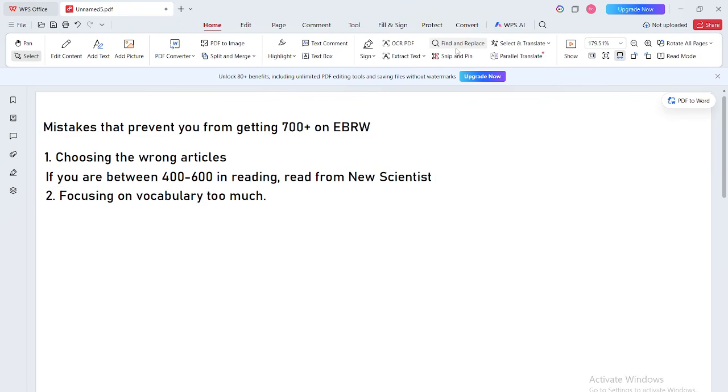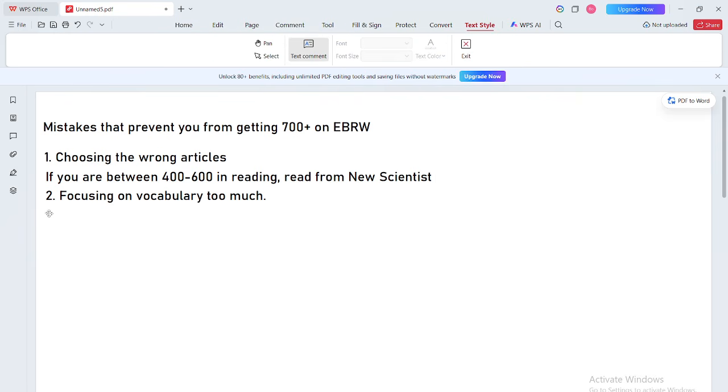Don't focus excessively. You can focus on it. You have to put your time into writing it down, reading them out, translating their meanings, and knowing their definitions, but don't focus too much, all right? This is the problem. And what you need to do instead is emphasize the reading itself. All right.